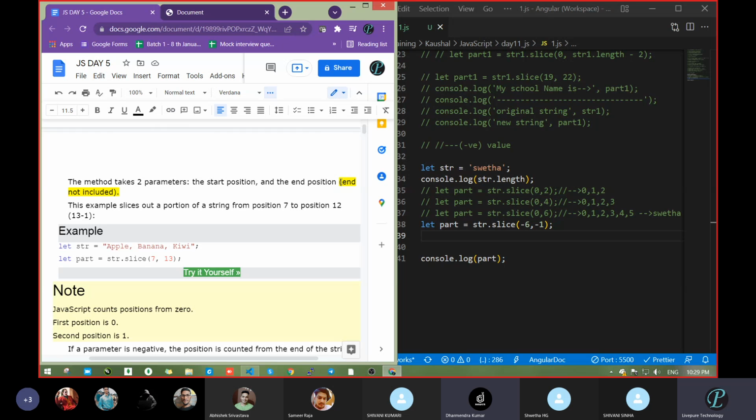Not all string methods create a new string. We will move into numbers, strings, arrays, many things are there. So which ones are creating a new one is the most important. Second, the end position: from where it is going to start. It will start from 0. Will the last one be taken or not? So that is the case.